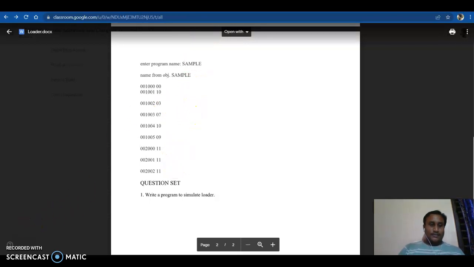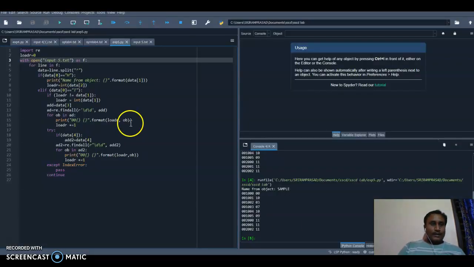And let's see the program. Input: re, loader is equal to 0, with open input 5 load txt, for line in f, data equals line split. If data 0 is equal to H, print name of frame from object, format data 1, loader is equal to int data 2. Else if data 0 is equal to T, if loader is equal to data, loader is equal to int data 1, add is equal to data 3, add is equal to re.findall or add for object in add